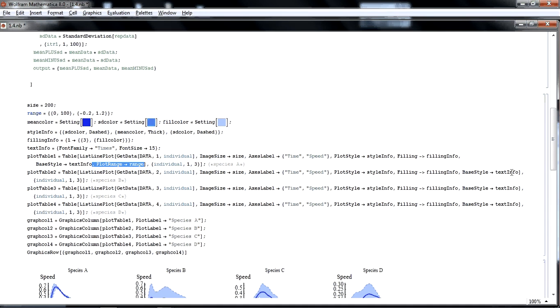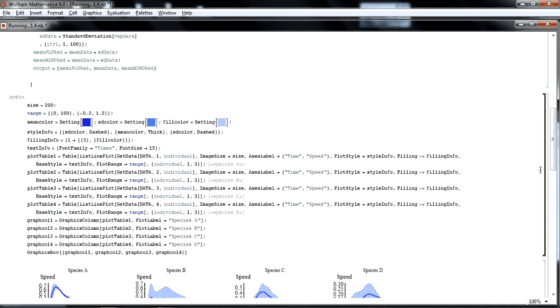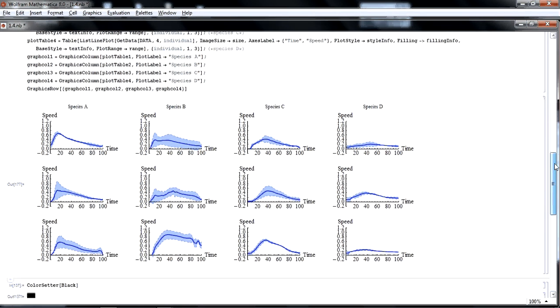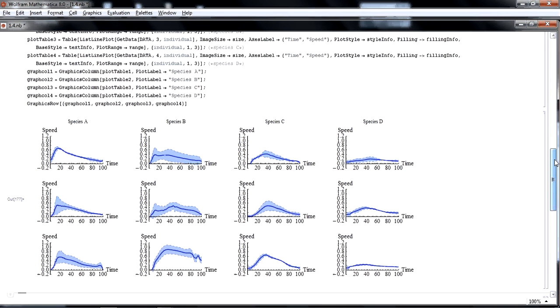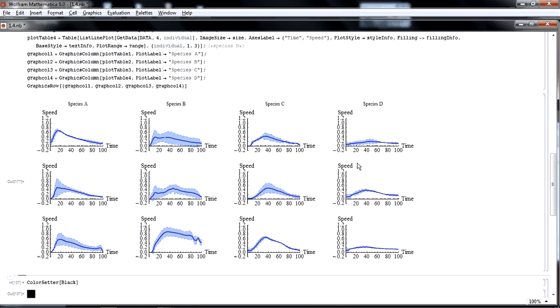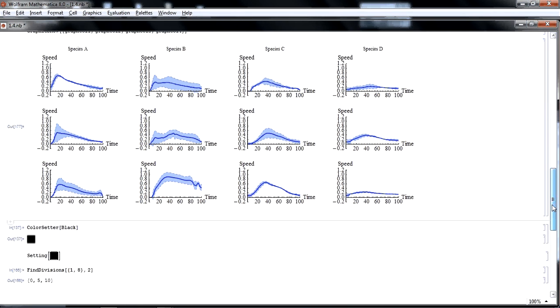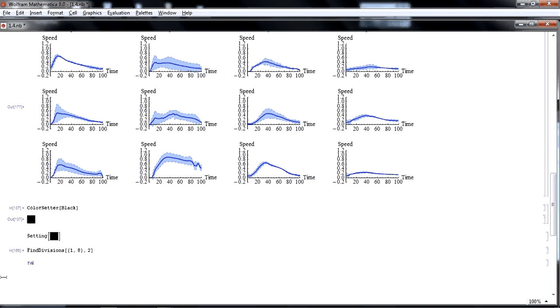And I keep on saying we're almost done, but now we're really almost done. Do that, and then everybody should be scaled to the same scale so we can compare them easily. That's just an example. And now we need to get rid of the extra ticks. Remember that find divisions trick before? And what we're going to do is, remember the range that we defined before, we want to do between a range. So if we replace this with range, the second argument of our range list, the second element of our range list,